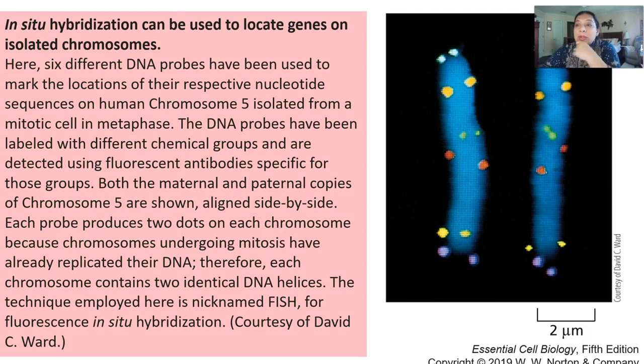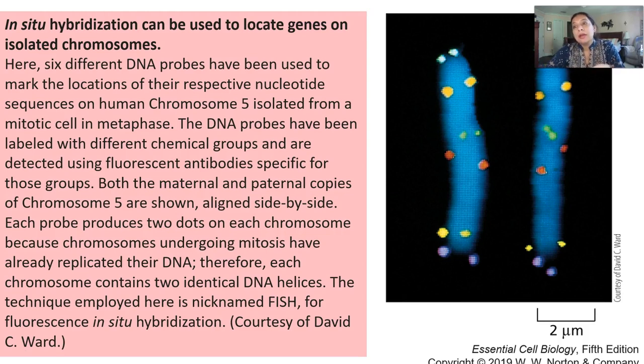You can also use the same method to locate genes on isolated chromosomes as well. So let's say you have a new sequence. You don't know where it came from because you maybe do not have the entire sequence of that particular animal yet, and you want to know where exactly this might be found in all your chromosomes. Well, in that case, you can make a tiny probe complementary to those sequences that you are interested in